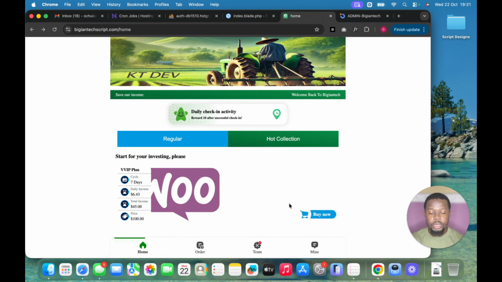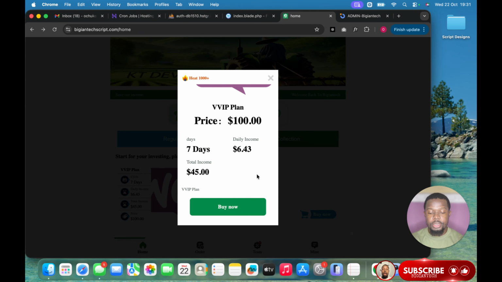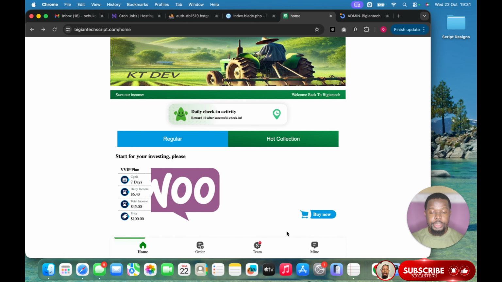Now if you click on buy now, I can see the price is $100 for 7 days. Your daily income for the 7 days is $6.43. As you can see, VVIP plan. Once you click buy now, it's sufficient balance, right? I'll click on OK. Then, before I continue here, I'll go back to admin,